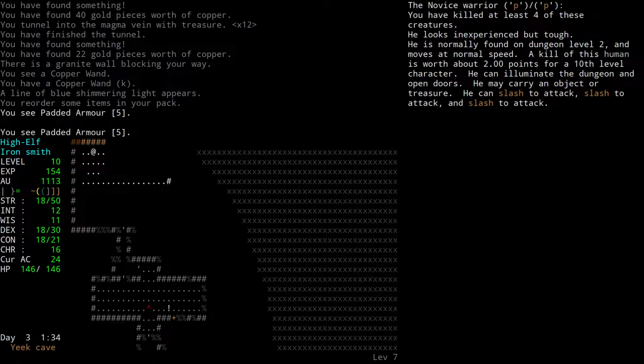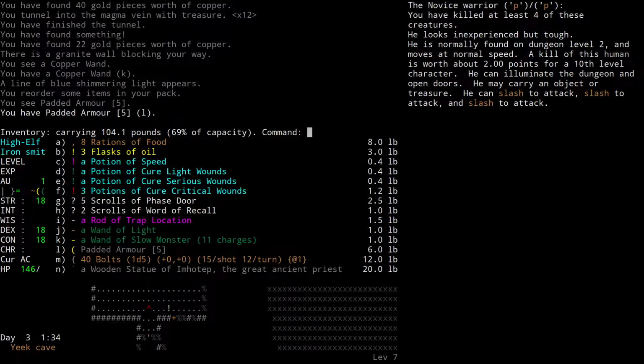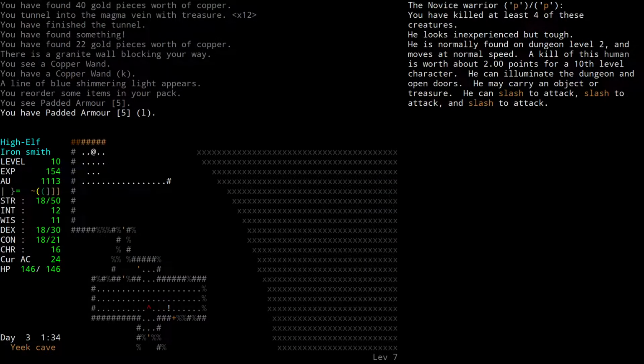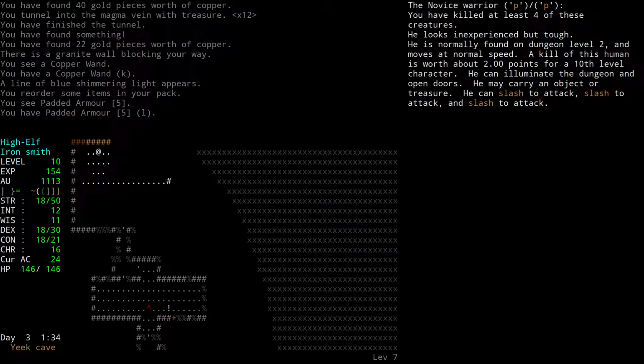Padded armor. Is that only AC 5? But I could carry it and see if I find its magic, or I could try using Shift O, that's my powers. I have the weaponsmith power of judgment, but I have a 95% failure rate. It's basically identify only for armor and weapon items. But I really suck with it, and really for something that I don't know is magic, I might as well